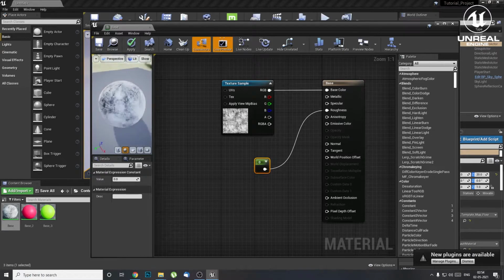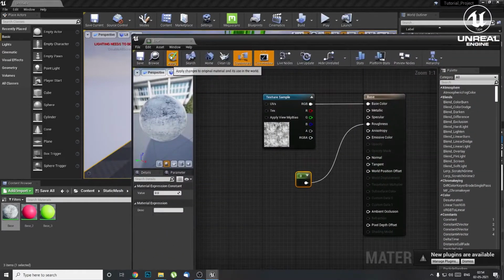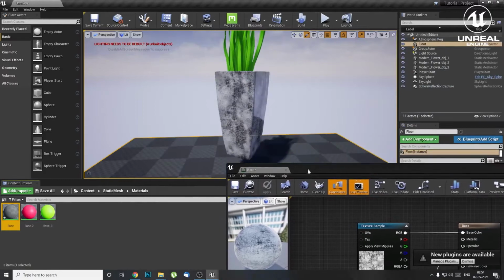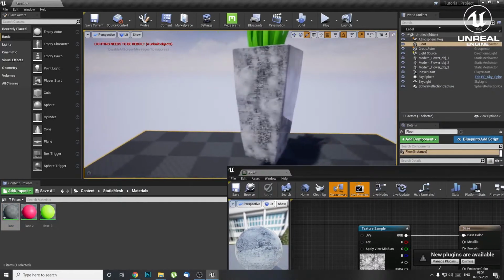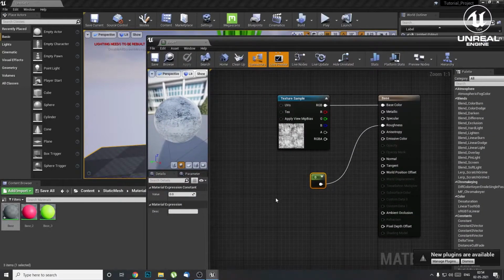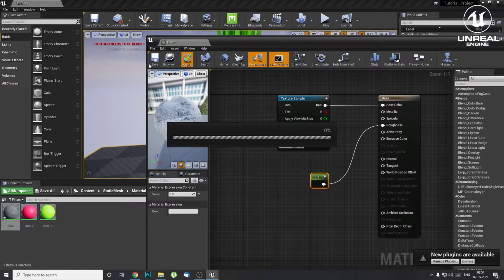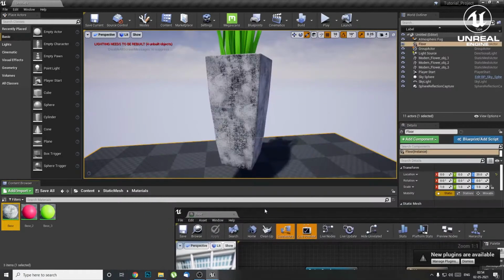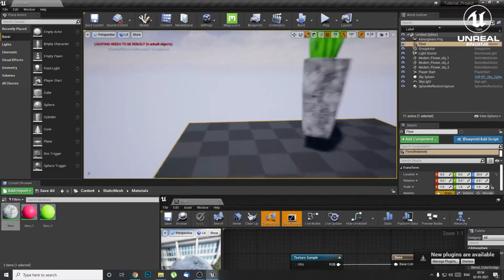So this is now way too clear, right? So I'll just apply it once to make you guys see what's new. You see, it's way too shiny. You can see the reflection over here, right? So we don't need that much shine. What we'll be doing is entering some values over here. So 0.3 or something like that, and we'll just enter it. Apply and save. And this is how it will look after this.